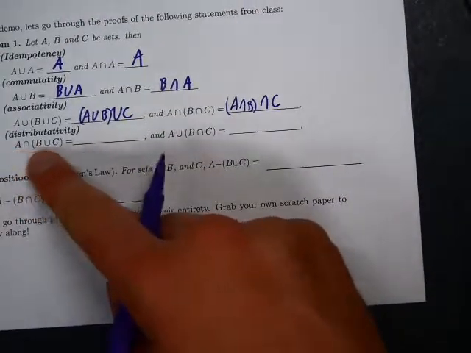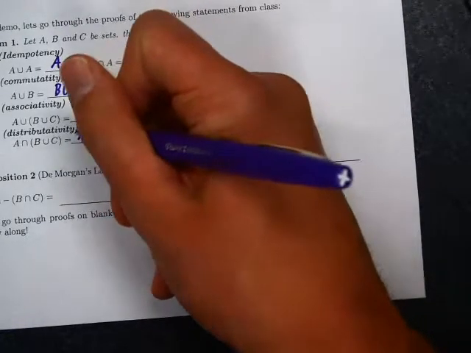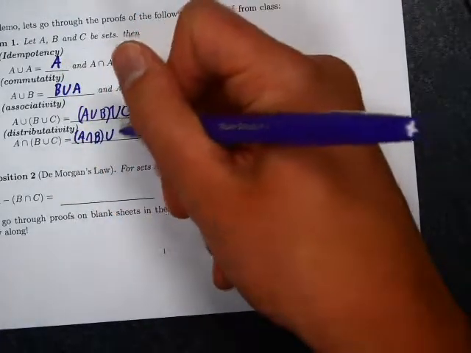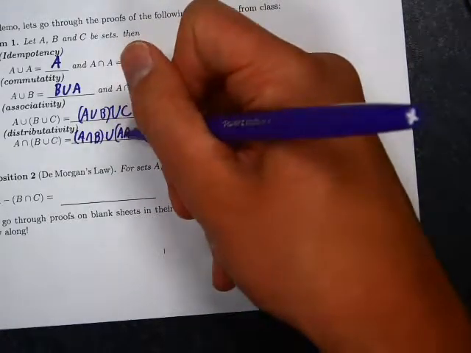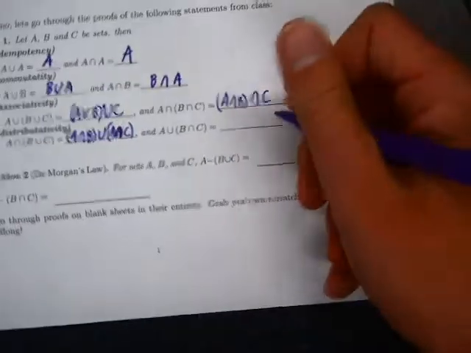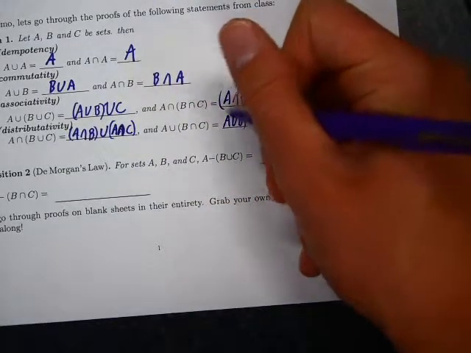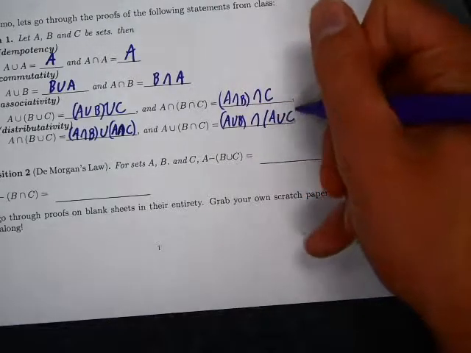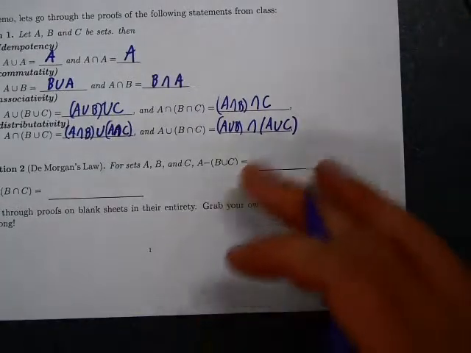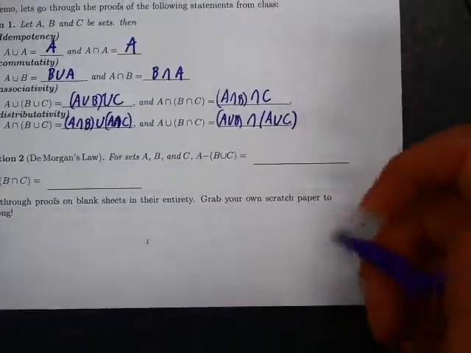A intersect (B union C) is the same thing as (A intersect B) union (A intersect C). A union (B intersect C) is the same thing as (A union B) intersect (A union C). And the final basic set theoretic thing that I'll show is De Morgan's law for sets,